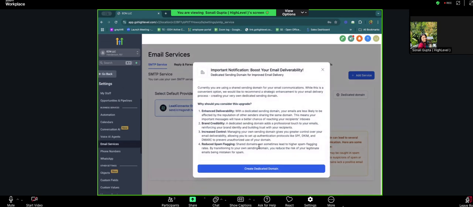To avoid that situation with your business or with your clients' businesses, you can create a dedicated domain for your email services, so that even if you send 5,000 or 10,000 emails at once, they will not go into spam. This creates very good relationship management with your clients. And if you connect this with some high-end third-party software, like Cloudflare, it also gets easily integrated once you have a dedicated domain and an SSL certificate for your emails. Okay, so we would create a new domain and use that for the email.